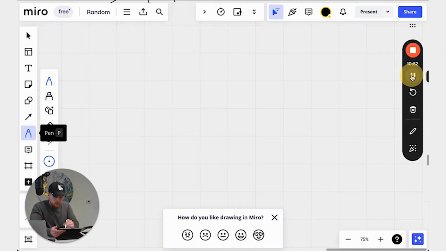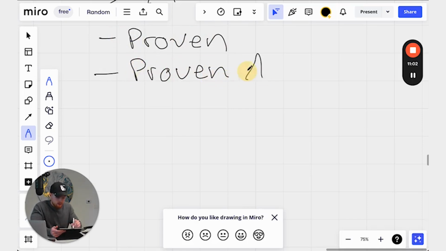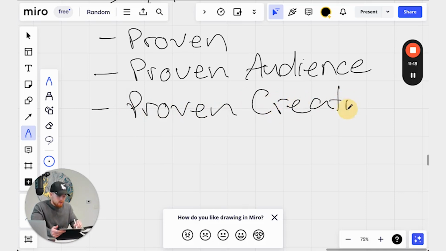All right, so we have now figured out at this point in time, we've got a proven product, right? We've got proven audiences, right? So we figured out our audience type, maybe our locations, our countries, our interests, maybe going broad. We figured out our proven audiences, and we have figured out our proven creatives. So just to pinpoint this, you do not need a million creatives to scale. You really only need to start moving into the data collection phase or the optimization phase with 1 to 5